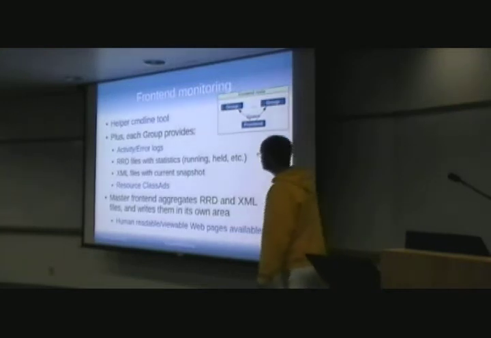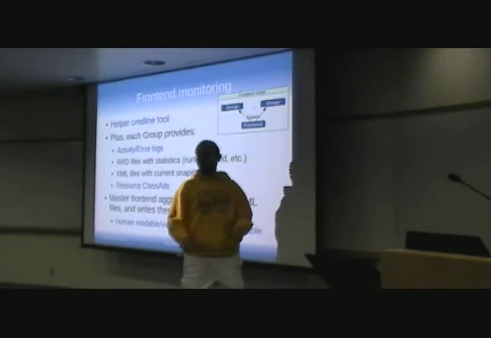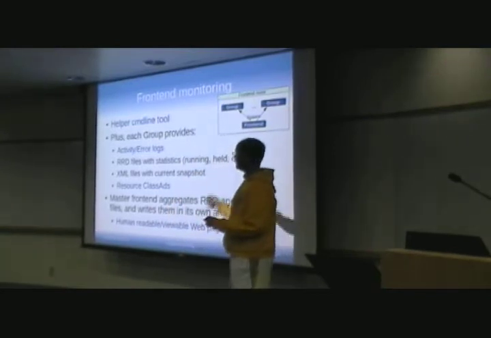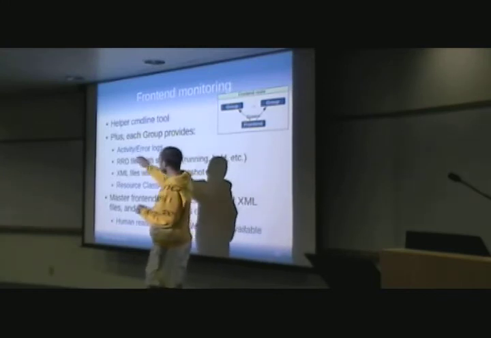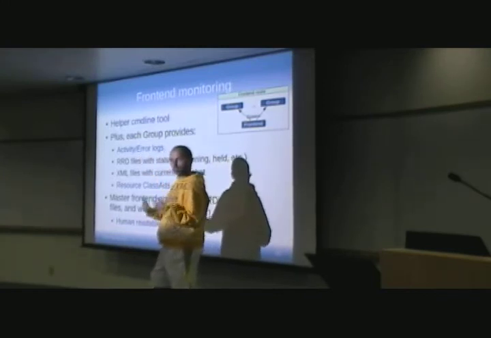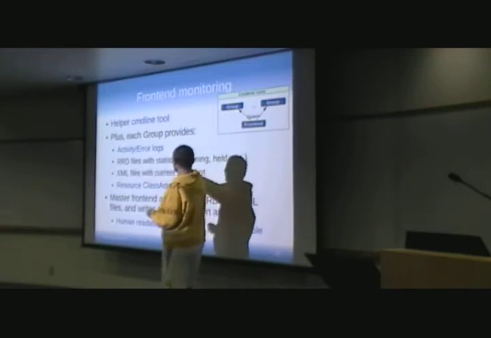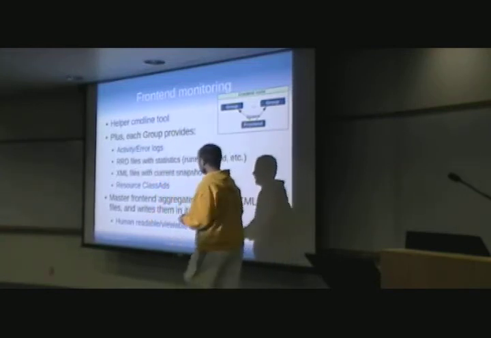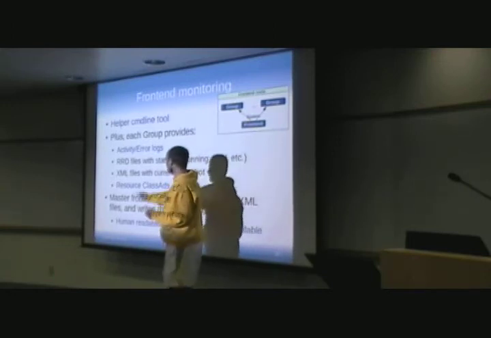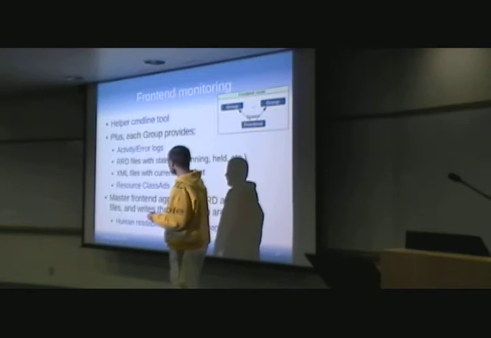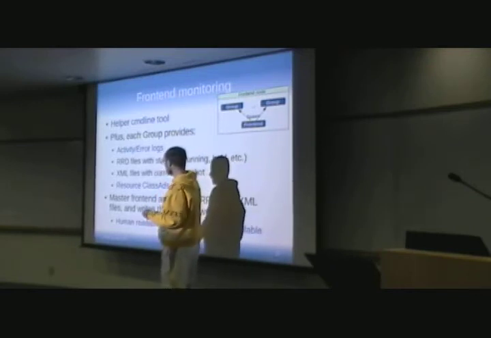A few things. We provide a helper command line tool that is similar to condor_status, but with a few more things, which I'll show in a second. Plus, each activity group provides its activity and error logs, to monitor how the frontend itself works. You will have the RRD files with all the statistics, XML files with the current snapshot, and resource classads. On top of that, the master frontend will aggregate the various RRDs and XML files into